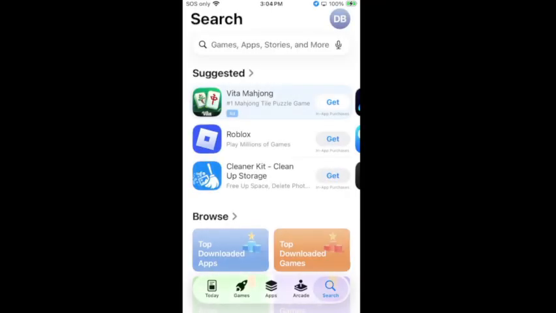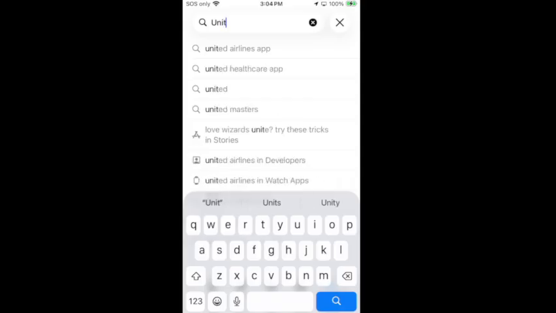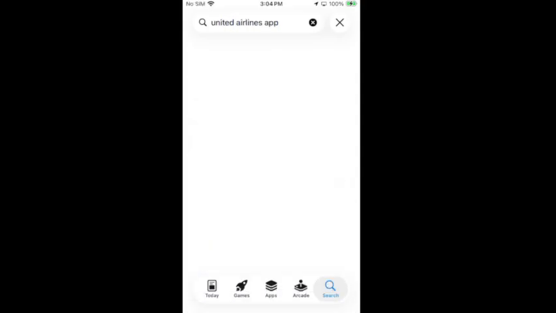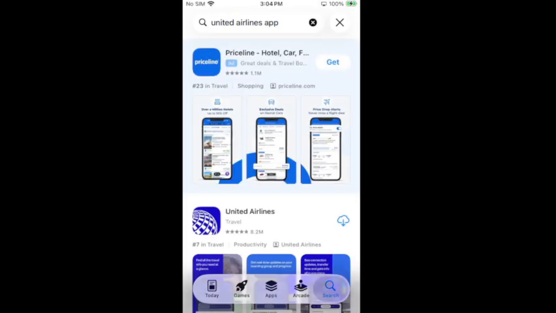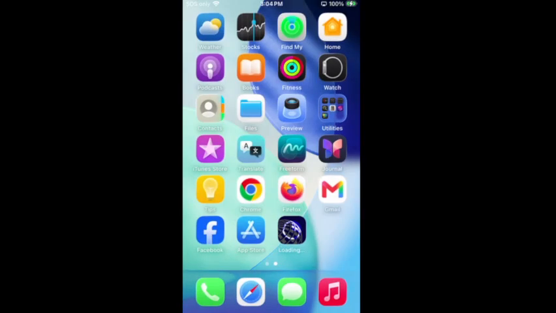So, assuming I need an app, and I do, I'm going on a trip pretty soon. So, United Airlines app, and that's what I'll need. And let's get it on the phone. Quite easy, all routine stuff. In the meanwhile, we want to